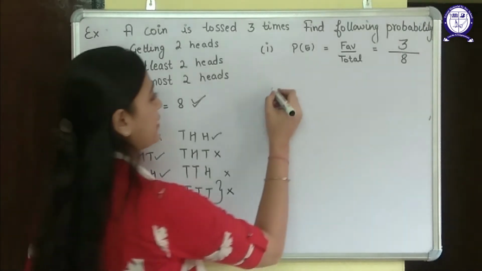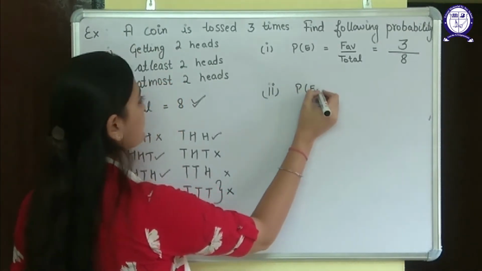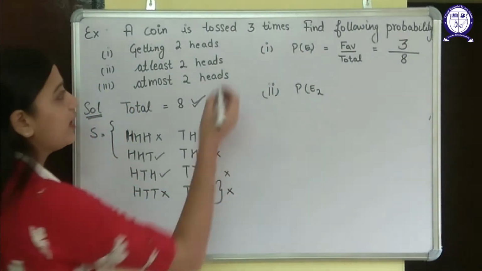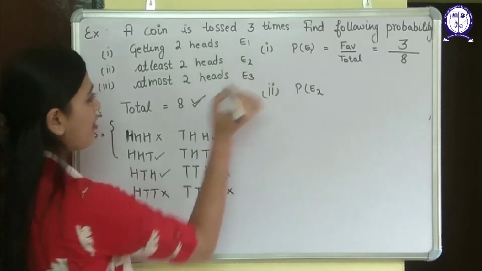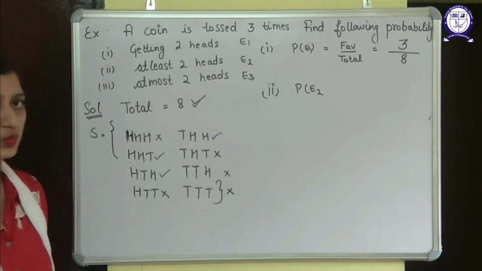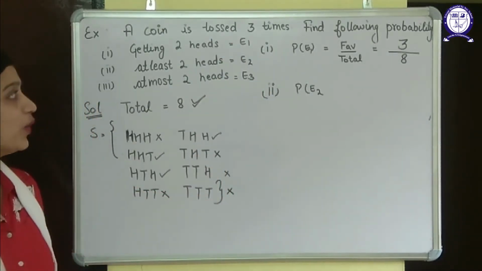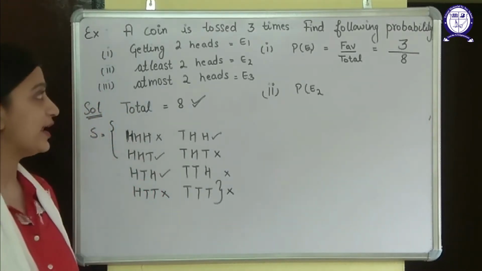Now coming to the second part, it says at least two heads. Okay, this is my E1, this is E2, and this is E3. Now I'm finding the probability of E2. Okay, at least two heads. Now what is the meaning of at least two heads? At least two heads means,